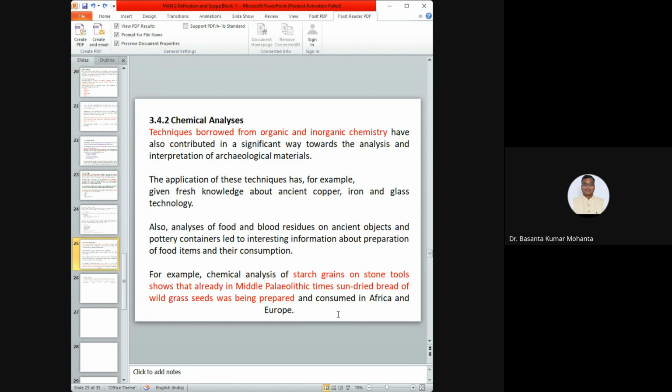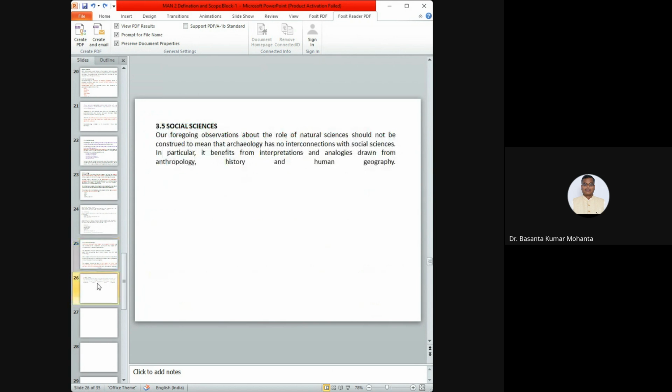Similarly, the chemical analysis of the different kinds of colors used by prehistoric people in rock shelters for making different kinds of paintings, those chemical properties of the colors, help us to know their culture. They help us to know the materials they were using and how these materials were preserved and protected.